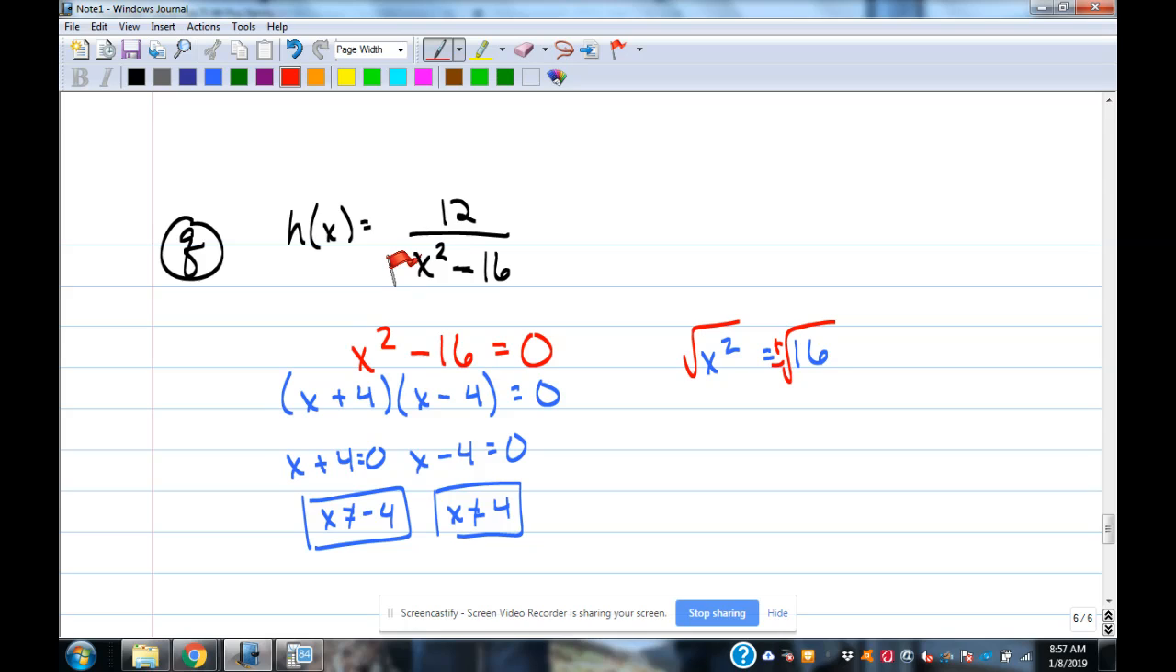So either of those ways gets you the same answer. Quadratic formula gets you the same answer. So your choice on how you solve that. You've got to solve it. All right. So now